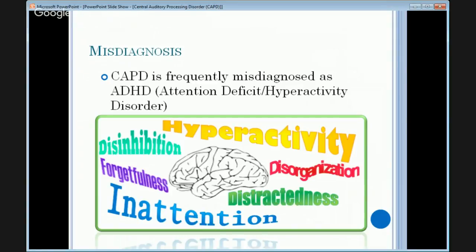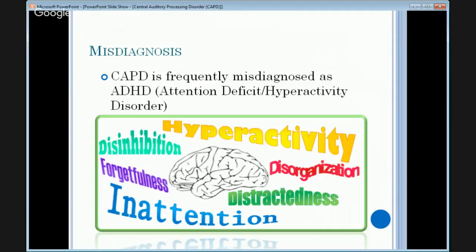CAPD is frequently misdiagnosed as attention deficit hyperactivity disorder, also known as ADHD. ADHD has the following symptoms: hyperactivity, disinhibition, forgetfulness, disorganization, distractedness, and inattention. Disorganization, distractedness, inattention, and forgetfulness are all also